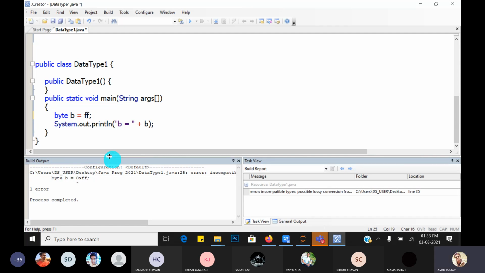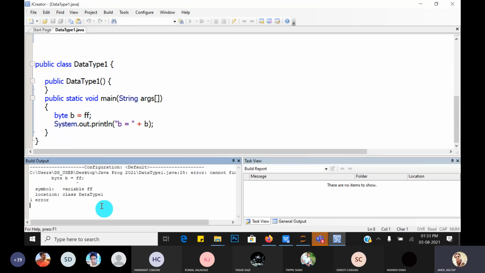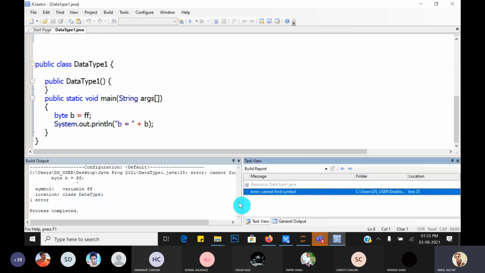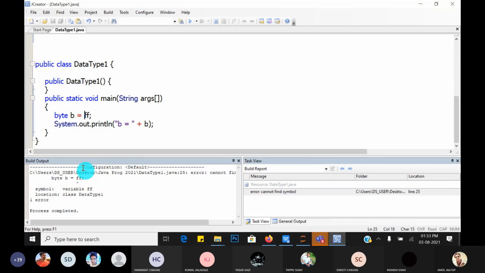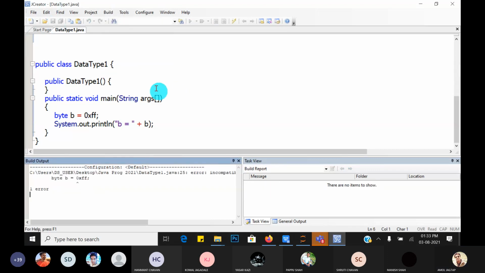Let's check with just FF. Compile the file. It gives you: cannot find symbol, variable FF. So we require the hexadecimal prefix, that is 0x. Then compile it.